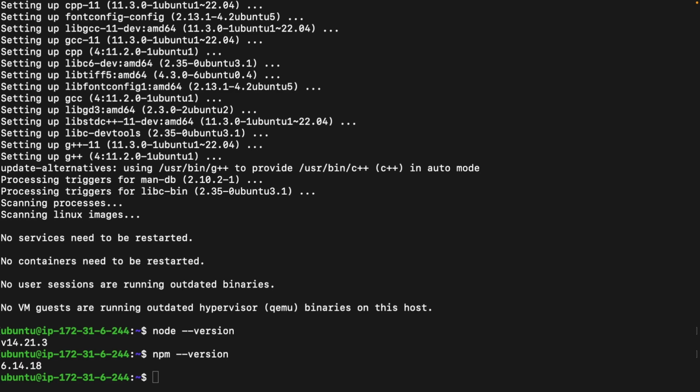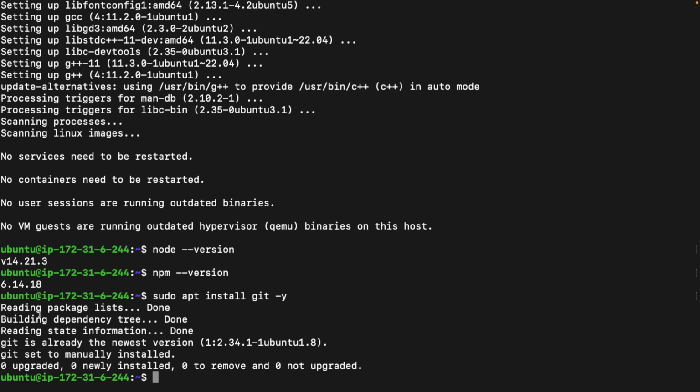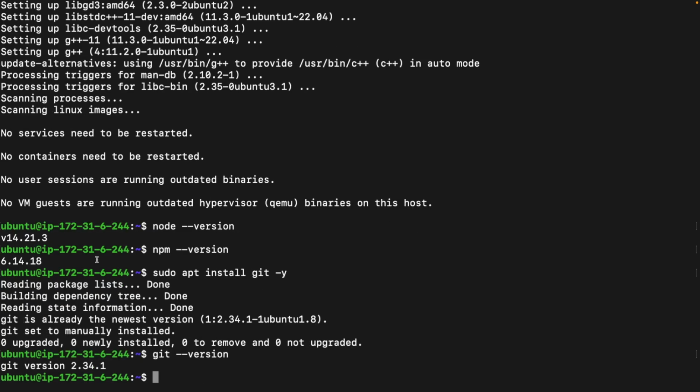The next thing you can do is to get git, but it comes already pre-installed in this machine. But if you are going to create any other machine, I'm giving you this command in order to install git. As you can see it is saying git is already the newest version on this machine. Git is set to manually installed, nothing is upgraded, nothing is newly installed, and nothing removed. After that you can also check your git version. For that we just have to type git --version like this. So we have this git version 2.34,